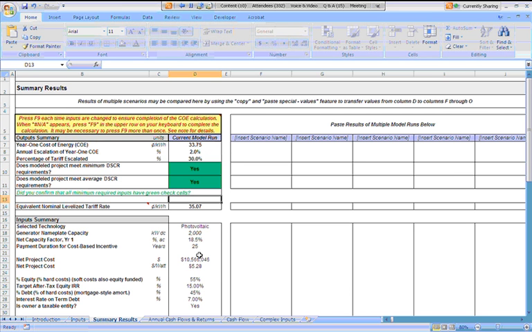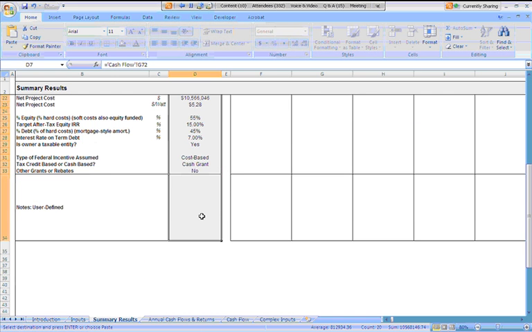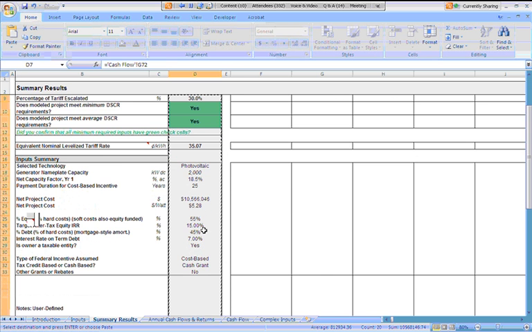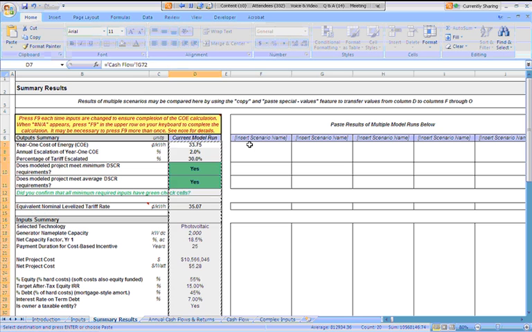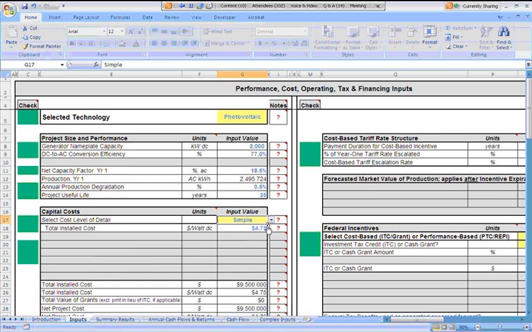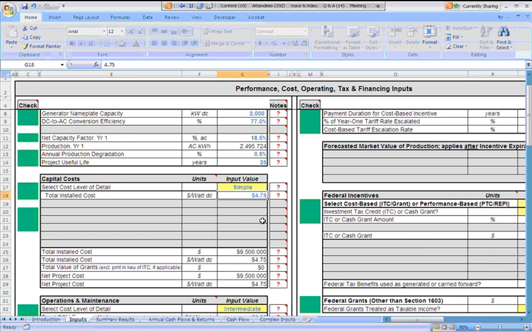This tab allows you to take, for example, the results from the run that we just did, which provides the cost of energy, the associated escalation up front, a check that the debt service coverage requirements are met, and then the associated levelized rate, as well as some of the basic inputs that go along with that, and to paste the values into one of the scenario columns to the right and name that column, and then one could return to the inputs, make a different assumption on a project of different cost or other characteristics,